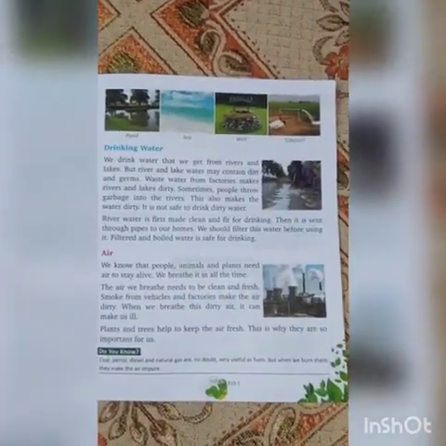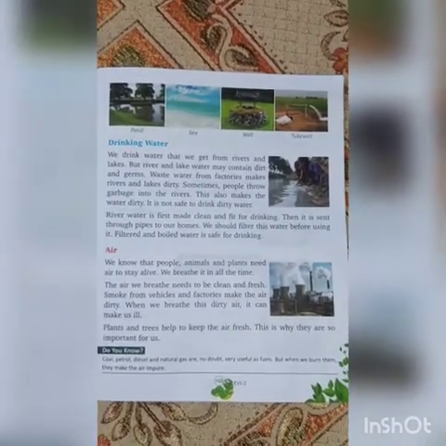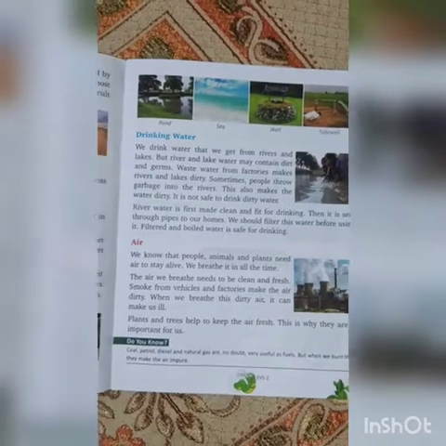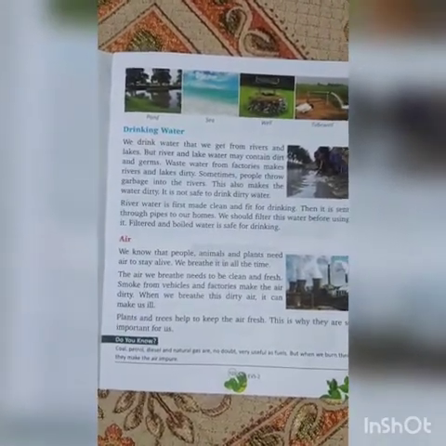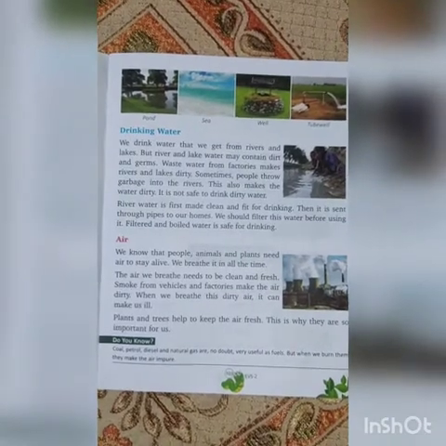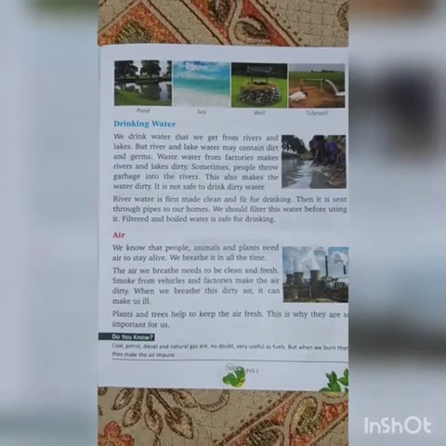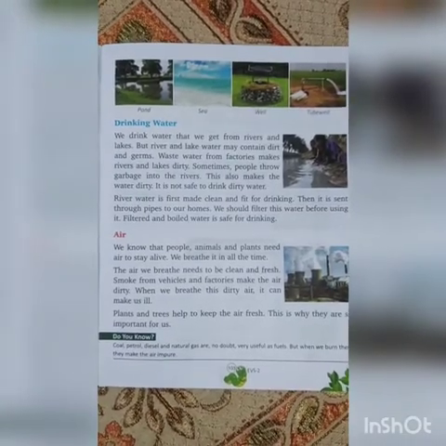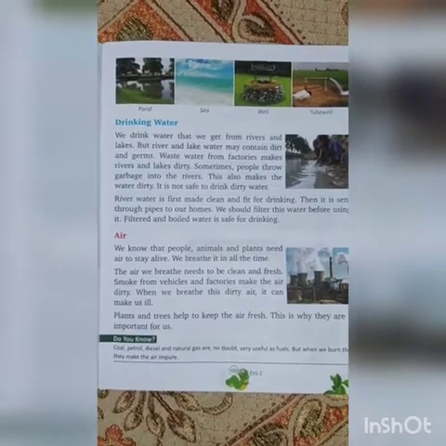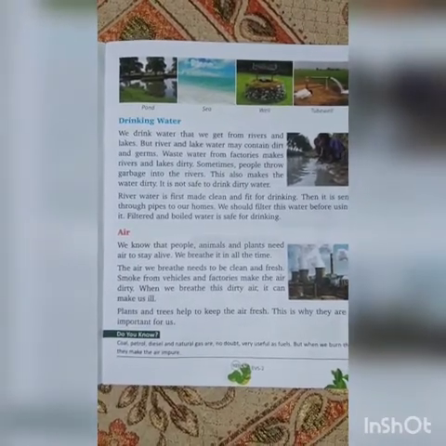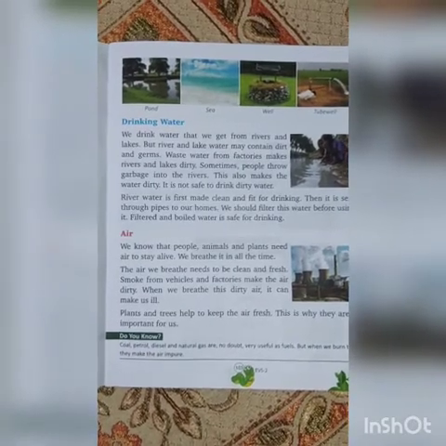As you all know, we cannot drink ocean or sea water because it is salty. So we purify the water. We drink water that we get from rivers and lakes. But river and lake water may contain dirt and germs. Waste water from factories makes rivers and lakes dirty.